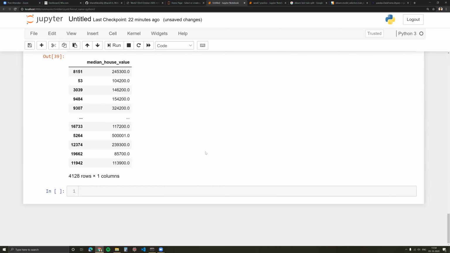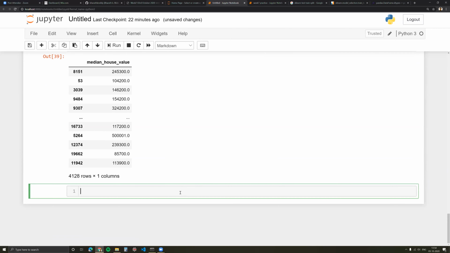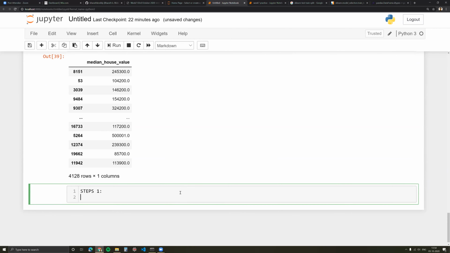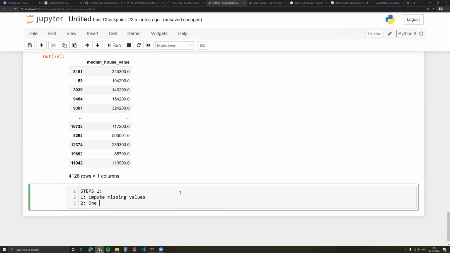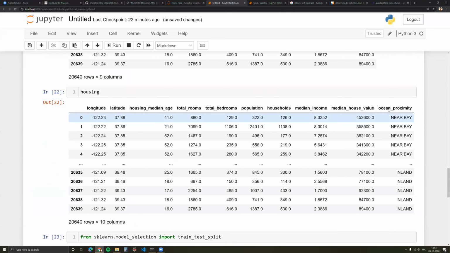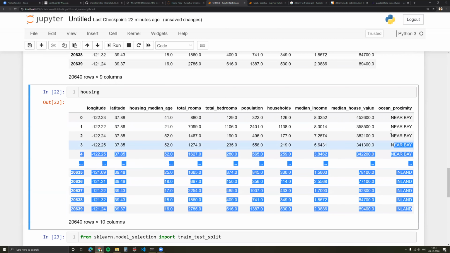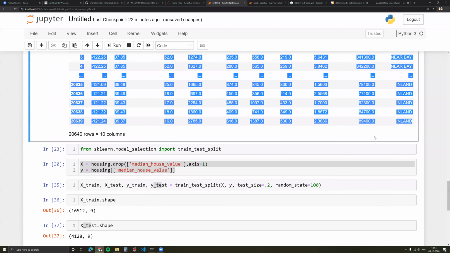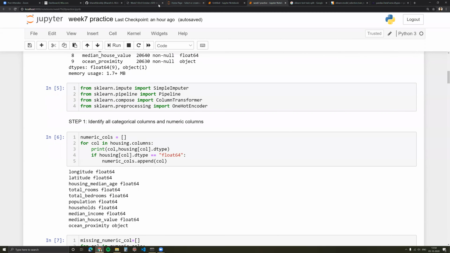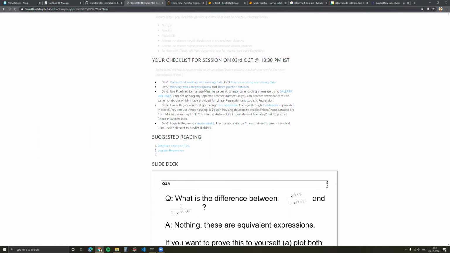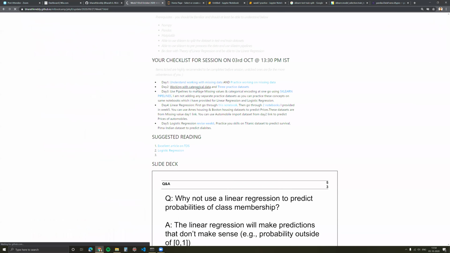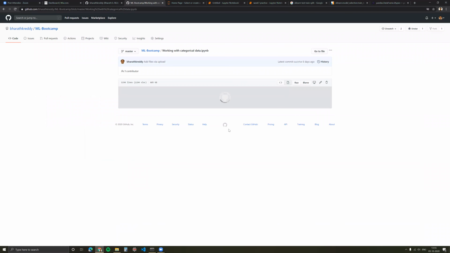Now let's create our pipeline. Now what were the brief steps in pipeline? Or what are our objectives? One, we need to impute missing values. Two, we need to one hot encode. But categorical as well, right? Yeah, so this one hot encoding is for one hot encoding the categorical variable. Okay. So remember what one hot encoding does? Yeah, that will replace category to 0 and 1. Yes, it will convert all the categories into series of zeros and ones.